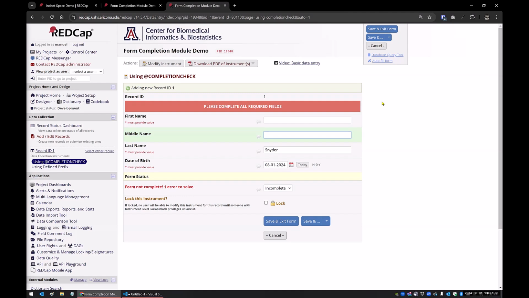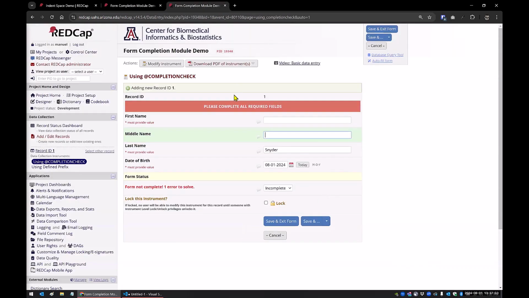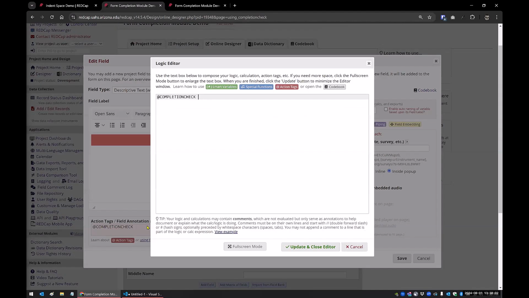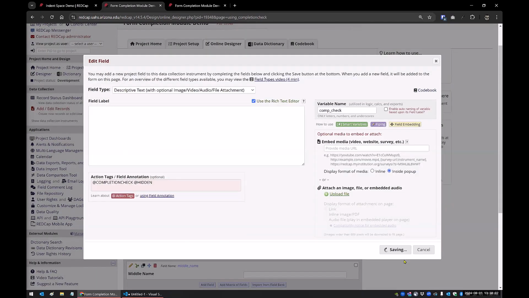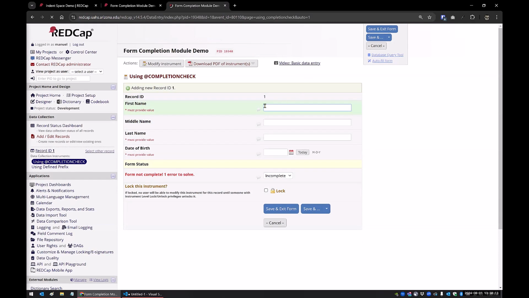It's very simple to create. You have to have this banner here. For example, if I just go back here and let's say I don't want this to show up by default. I don't want it to show up, but I still want to use it to mark it as complete. The problem is if I hide it, it'll work initially. So let me refresh here. This will, so it doesn't pop up, but now if I just do the autofill form,